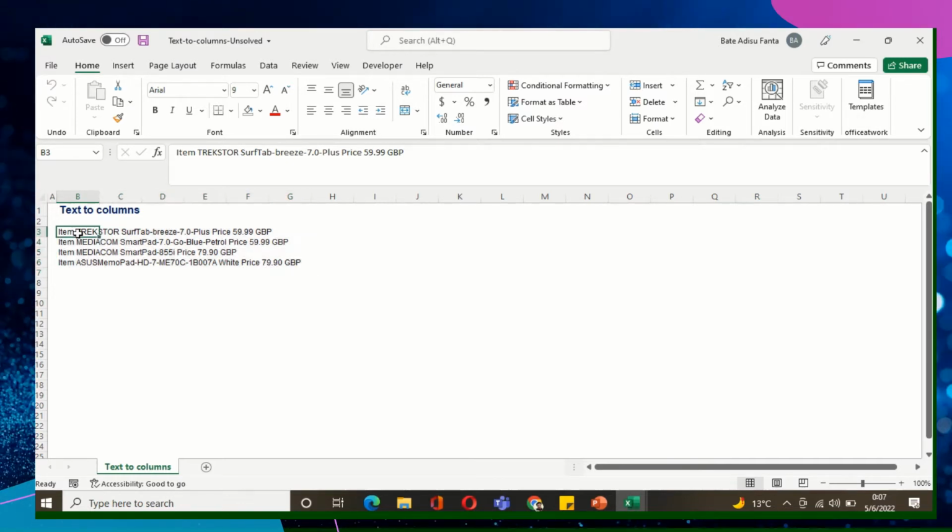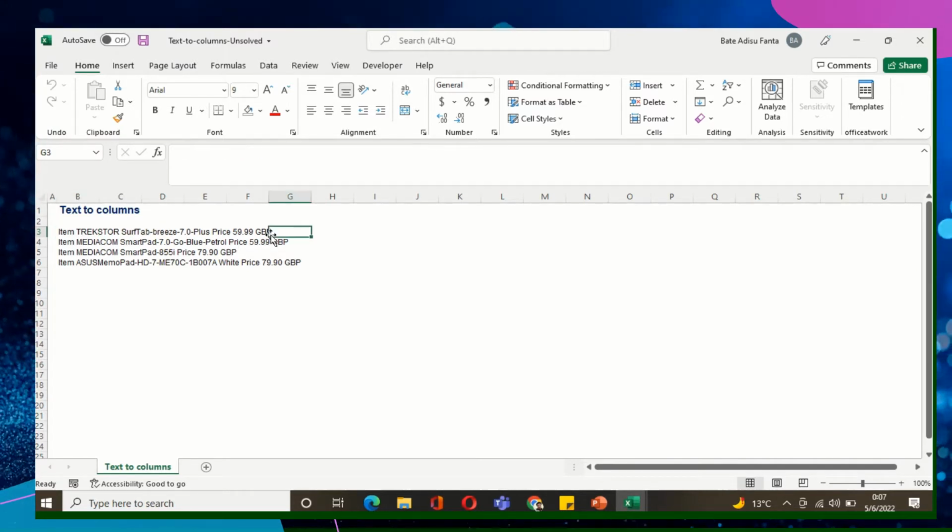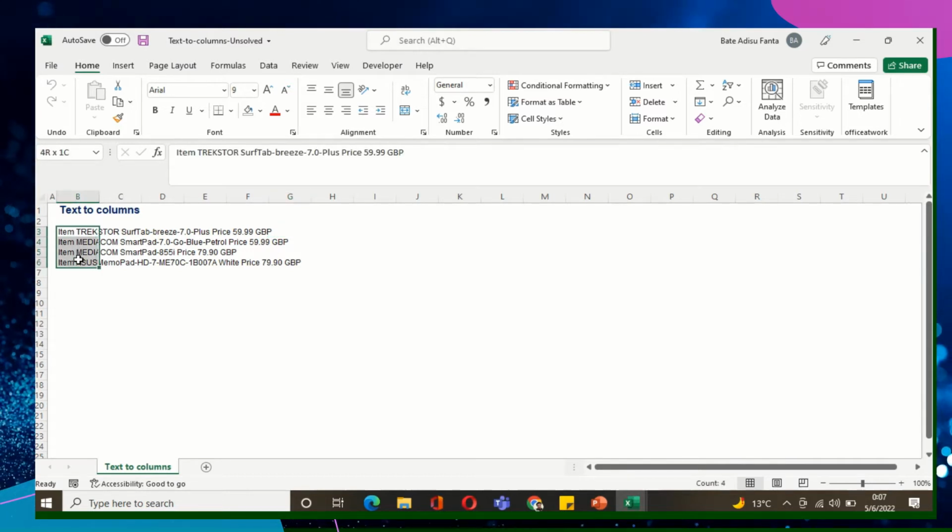It is in the same cell, but because the text is long, it took all this space. So just select the entire text here in the cells,